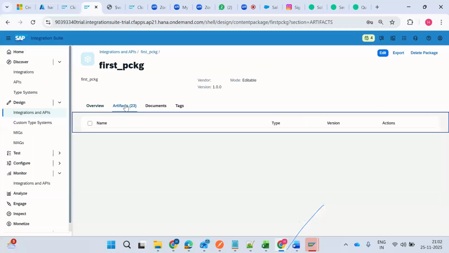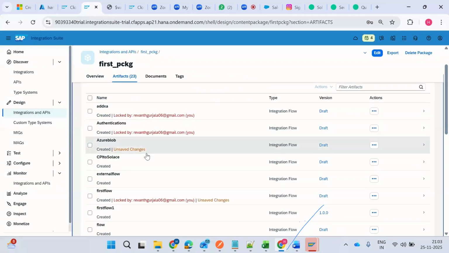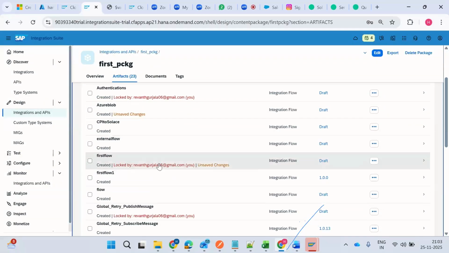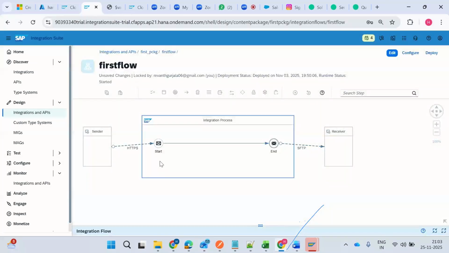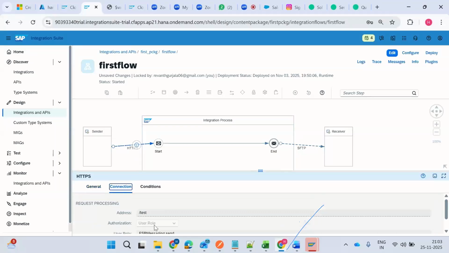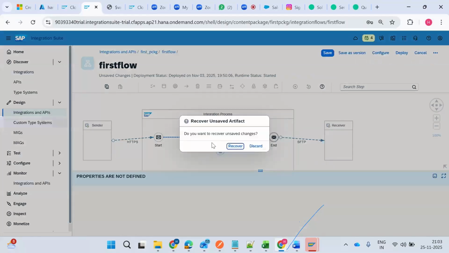So this is the iFlow. Here, what I'm trying to do is, let me take. So this is my iFlow. In this iFlow, I am trying to send some data. If you want to store this message,